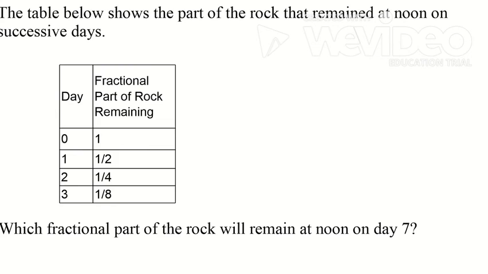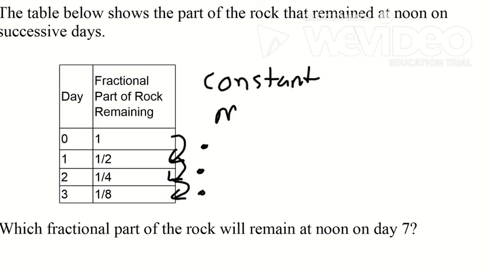decay factor, also known as your constant multiplier. So what am I multiplying by each time? So to get from 1 to 1/2, what am I multiplying by? From 1/2 to 1/4, what am I multiplying by? 1/4 to 1/8, what am I multiplying by? Remember, this is a constant multiplier, meaning it will be multiplied by the same number